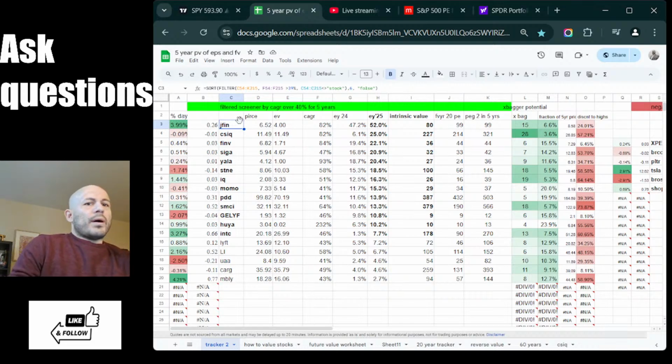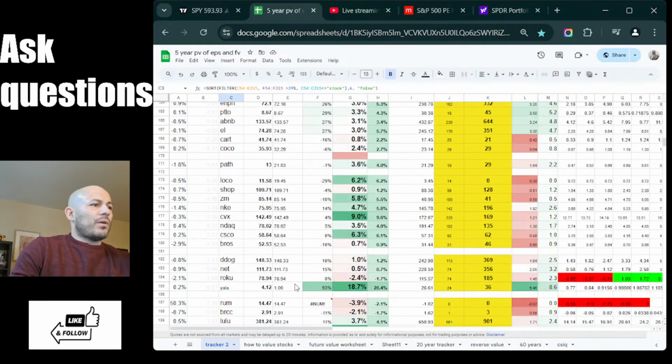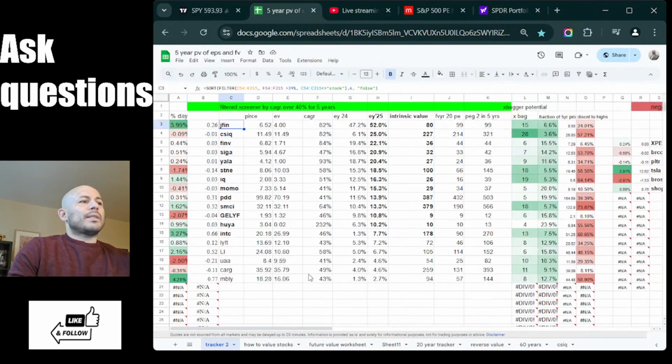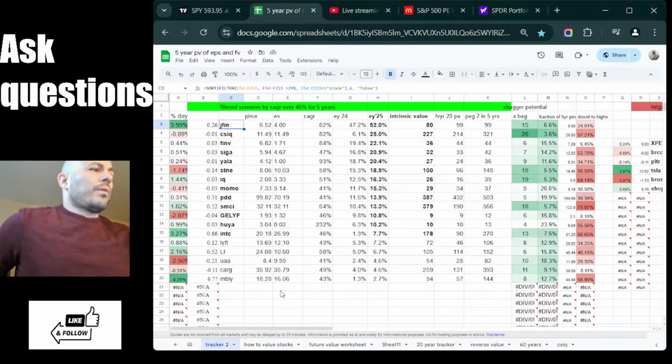I've sorted it by my specific parameters, and according to my parameters, there are 17 stocks out of the almost 200 that I look at that are worth looking at and that are better than the rest. I don't think they're all fantastic, but this is a great place to start. So I'm going to go over those